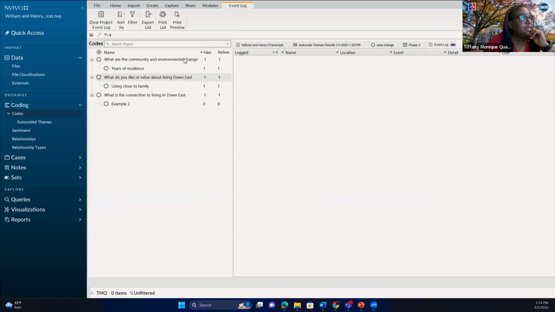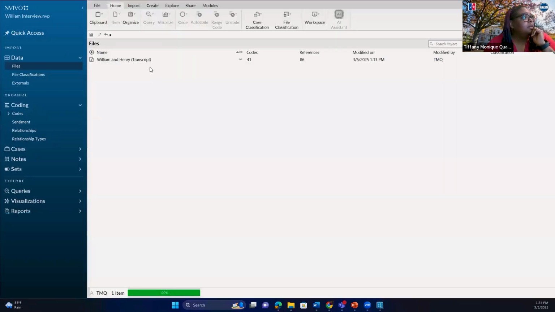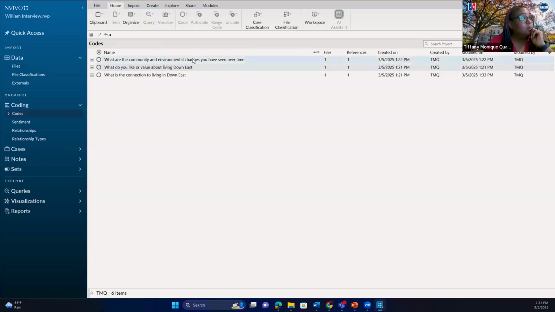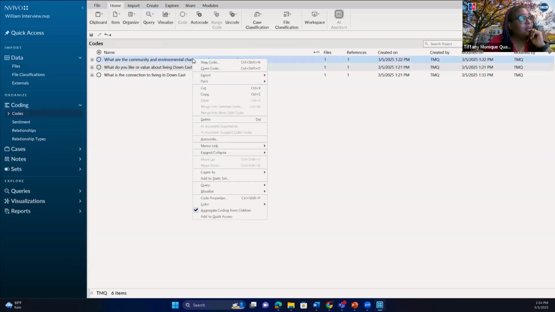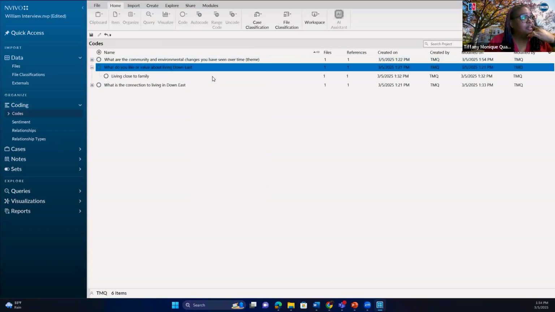And then what I'm going to do is, let's say that I'm going to name something as a part of my themes. What you can do is click over your actual theme, or not right click, you'll just click over the question. And let's say you can just put in theme. And then that would be all that you should do. And you can do the same thing for the other